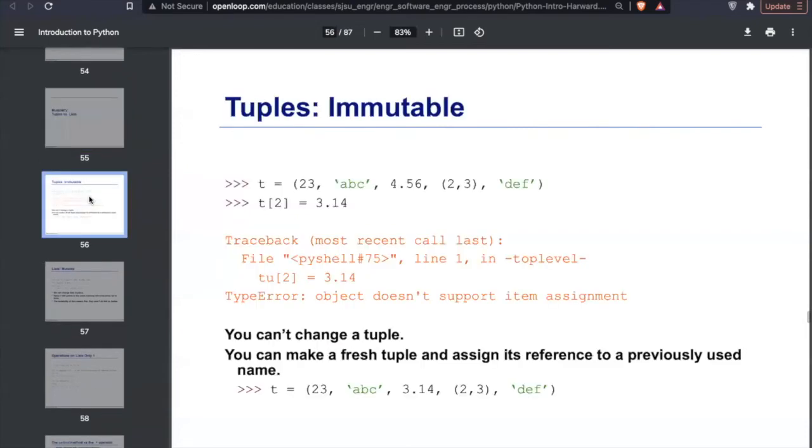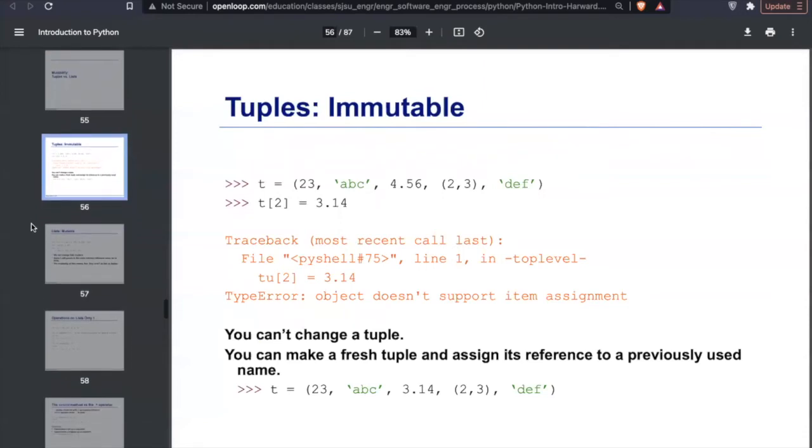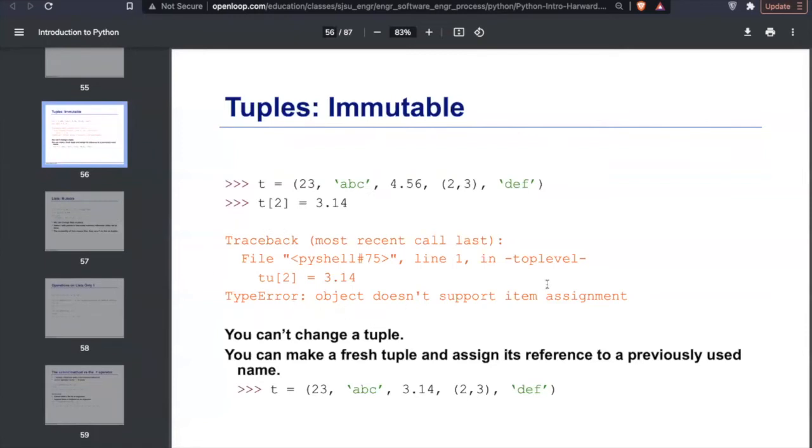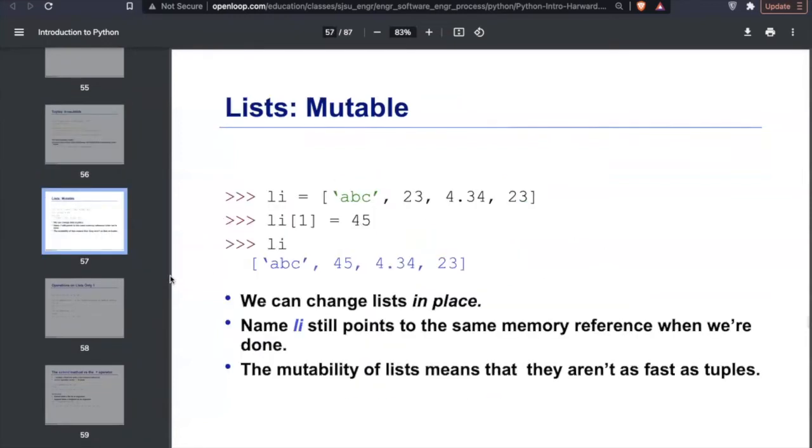Mutability, tuples versus lists. As we saw, there's quite a similarity between tuples and lists. So here we will be seeing the difference between them. Tuples are immutable, whereas lists are mutable. So what does that mean? That means that you cannot change a tuple after defining it, after initializing it. As you can see, you get a type error if you do that, but for a list you can do that easily.